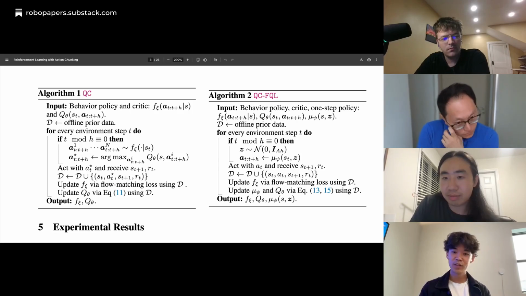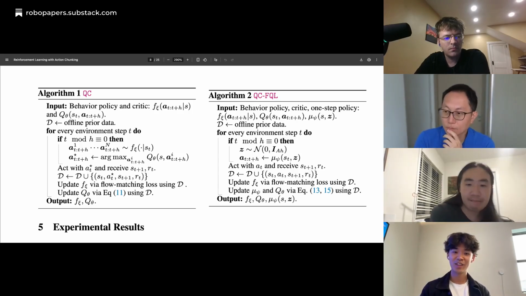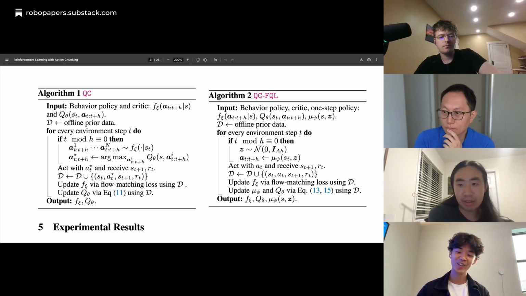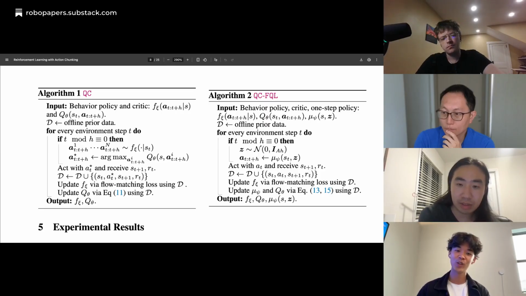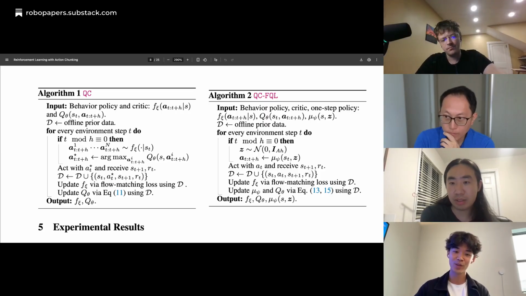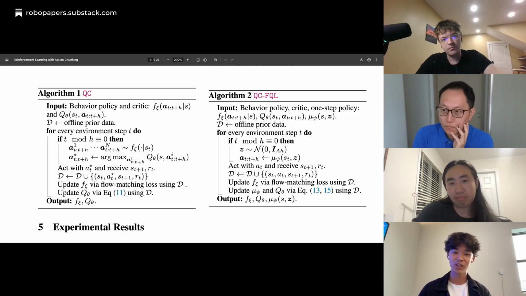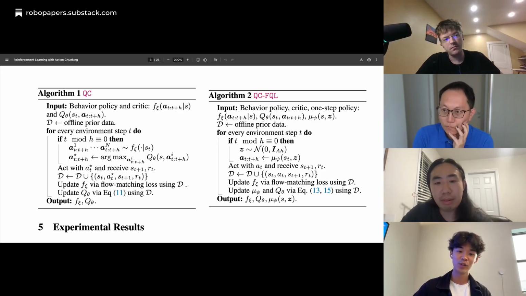Just to add on to that, at least in the field of robotics, the role of RL in fine-tuning policies is not to learn things from scratch with reinforcement learning. You're really trying to take a base policy that's somewhat competent, trained with imitation learning, and then use RL to improve it.